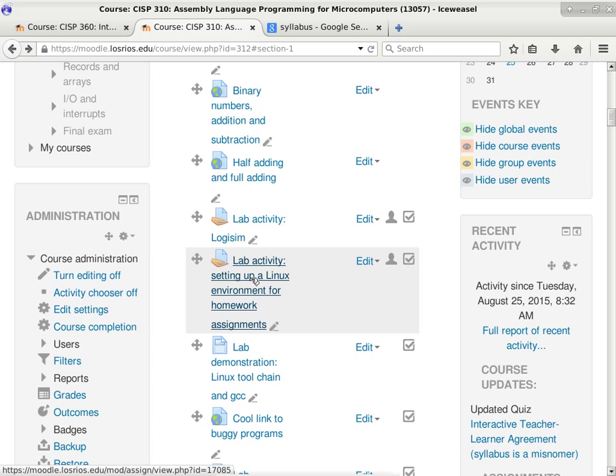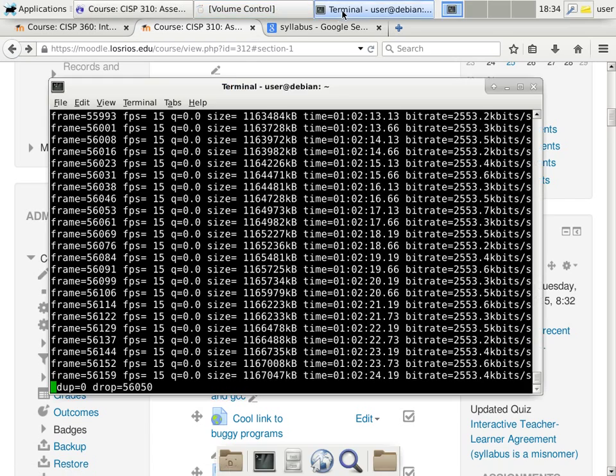And how do I add this class on my Moodle? In Moodle, yeah, the enrollment password is ASM. ASM? Yep. Okay, and then, so when I log into Moodle, how do I